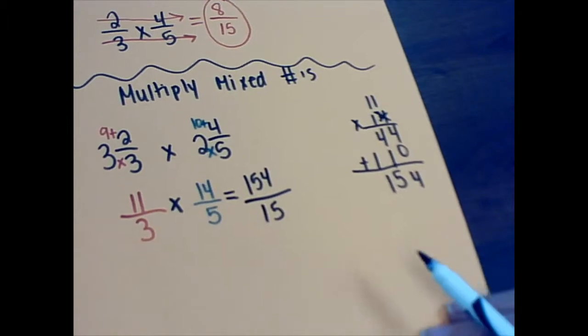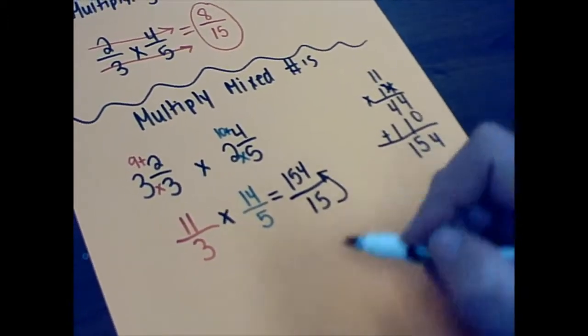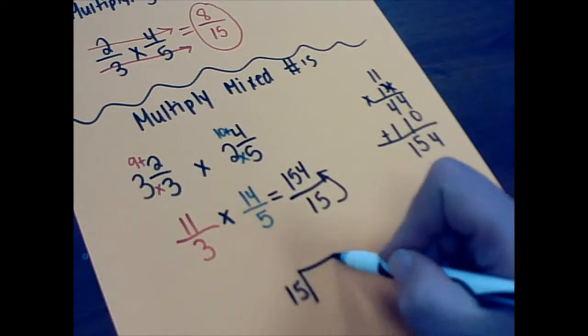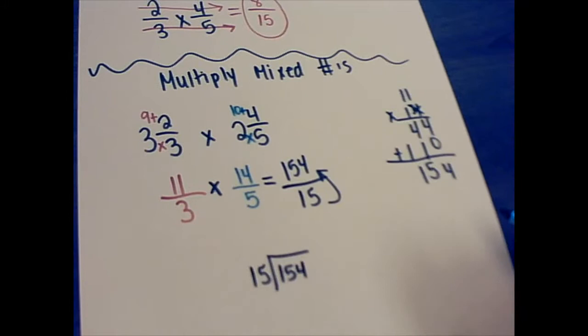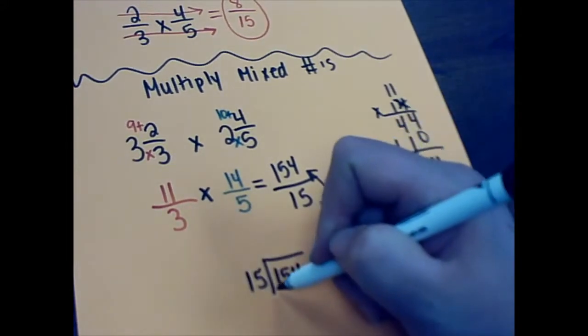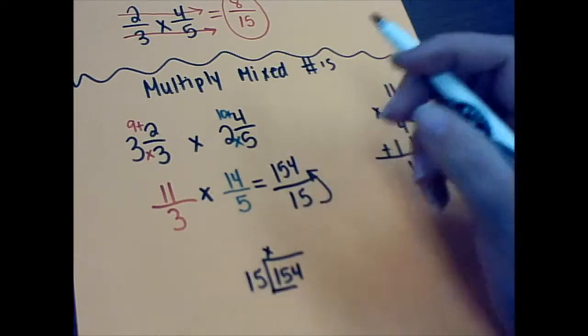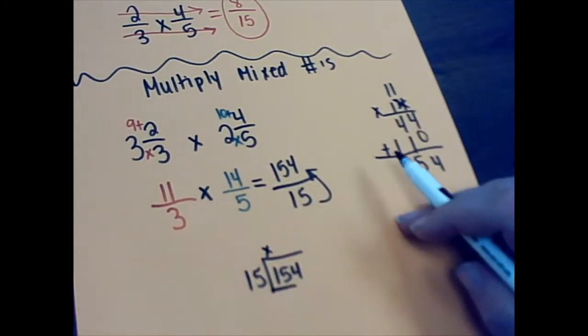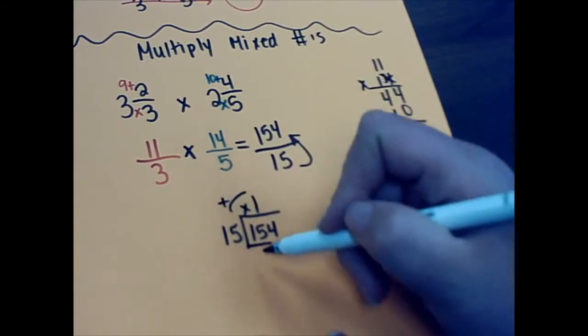What kind of fraction is that? That's right, that is an improper fraction. So I need to put 15 into 154. Okay? If I look, I know that 15 cannot go into 1. So I extend my line. Can 15 go into 15? Yes, it can. It goes in one time. Multiply down,